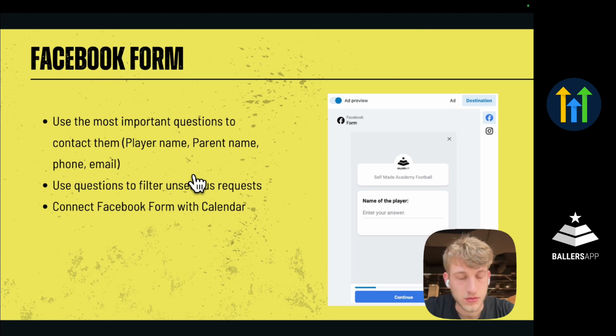So you want to have the most important questions like player name, phone number of a parent, and email of a parent. And in case you see that there are a lot of players that are just exploring and not entering the academy, you want to use additional questions to filter down the ones that are actually interested to join the academy and not the ones that are just looking to figure out what they want to do next in life. So use questions as a filter in order to make sure that you're getting qualified players for